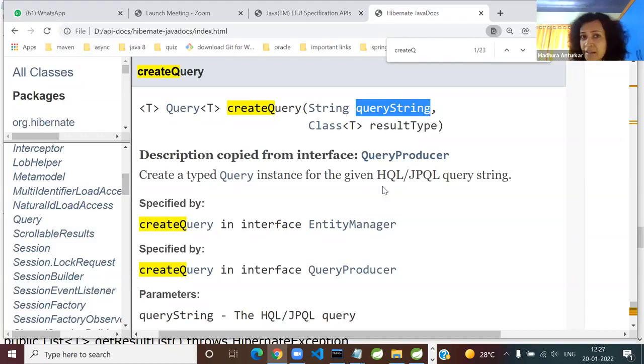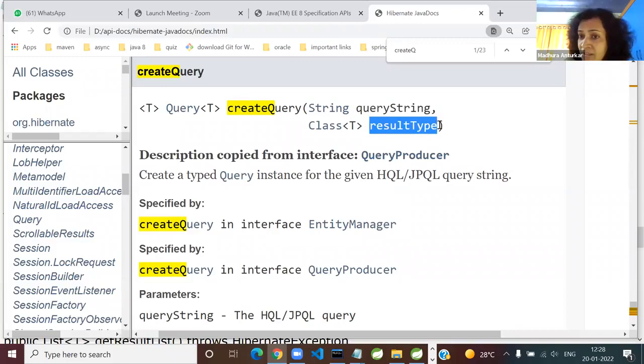The moment I say select query, what does a select query return upon execution? A result. In JDBC, you get a result set which you had to process. Here, the good news is the whole deserialization, which I explained with session.get, is going to happen. The reconstruction of objects is going to happen with Hibernate. So all you have to supply is the type of the result, as in which is the class